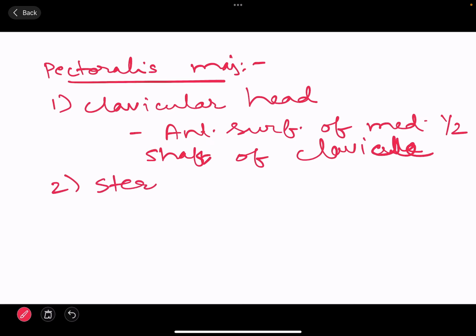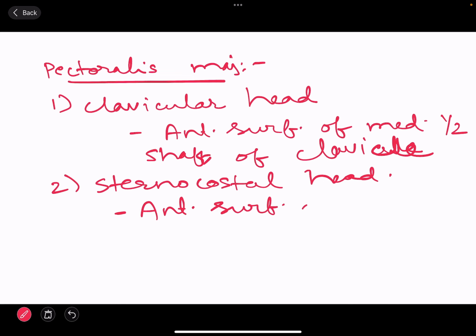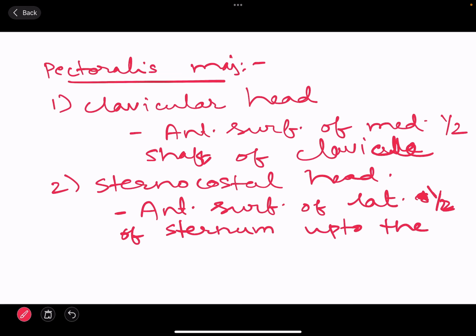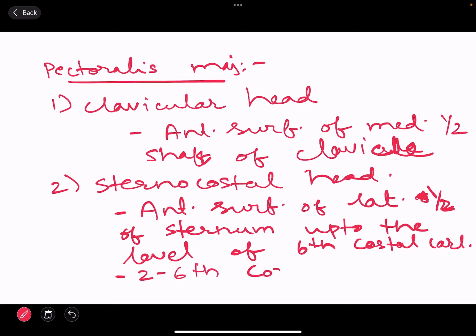Next, the second head is known as the sternocostal head. Part of it takes origin from the sternum, from the anterior surface of the lateral half of the sternum, that is from the manubrium and the body, up to the level of which one? The 6th costal cartilage. And then we also have the pectoralis major taking origin from the 2nd to 6th costal cartilages,